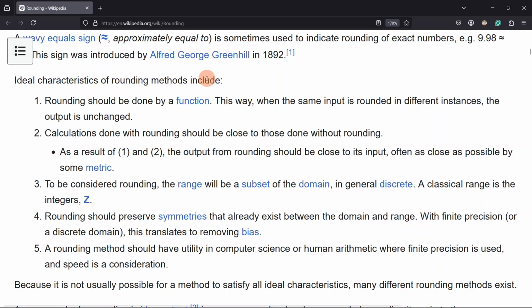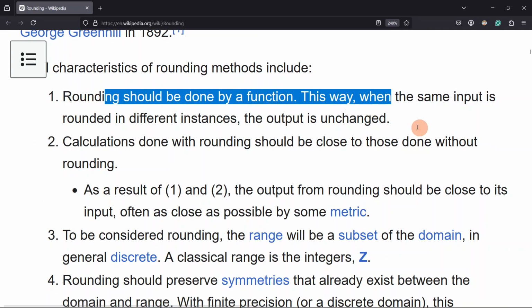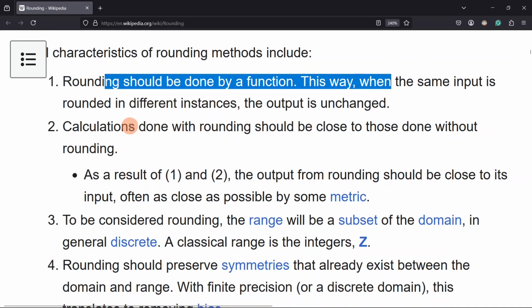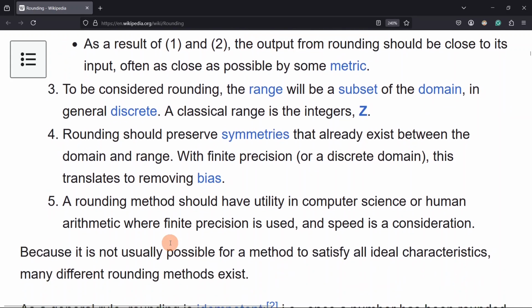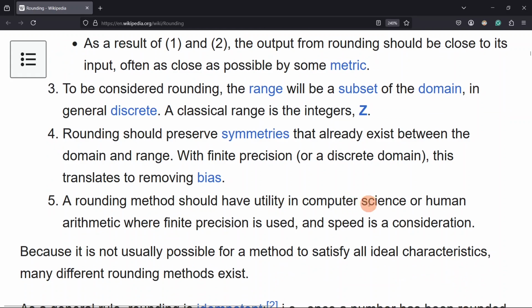Ideal characteristics of the rounding method include that rounding should be done by a function. This way, when the same input is rounded in different instances, the output is unchanged. Calculations done with rounding should be close to those without rounding. To be considered rounding, the range will be a subset of the domain. So in that way, this is different from quantization, where the numbers may change. Rounding should preserve symmetries that already exist between the domain and the range. With finite precision, this translates to removing bias. A rounding method should have utility in computer science or human arithmetic, where finite precision is used and speed is